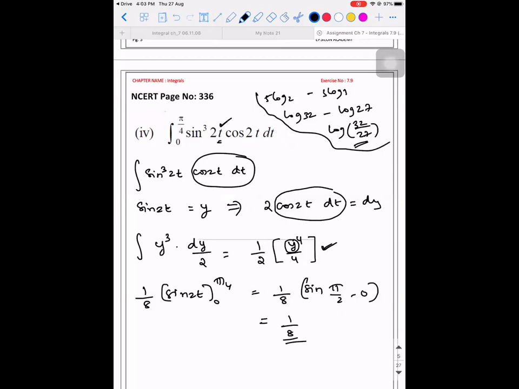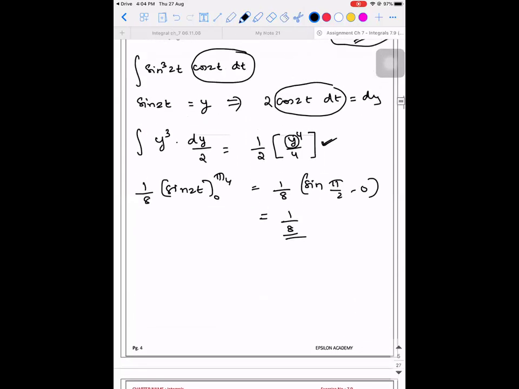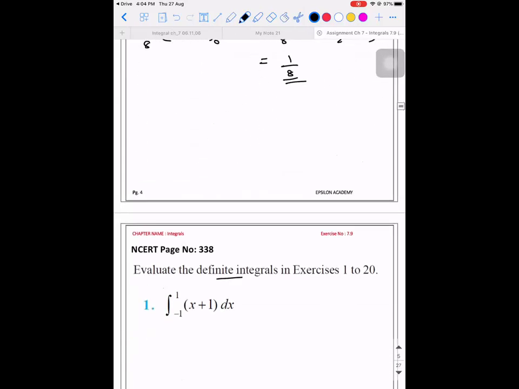So that's what I was asking. Are you guys comfortable with this? Is everyone comfortable with doing the indefinite integration? After doing the indefinite integration, your work is only to substitute the upper limit minus the lower limit, as simple as that. Though this exercise falls under definite integrals, they will ask you to find the definite integrals. Every problem has to be solved only in this method.